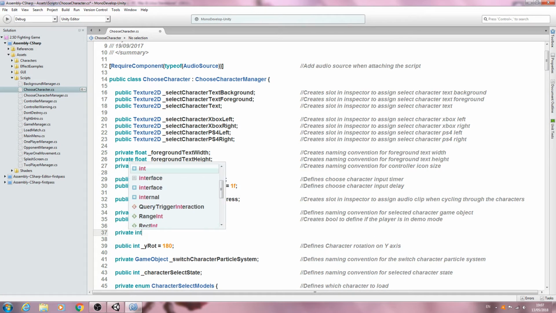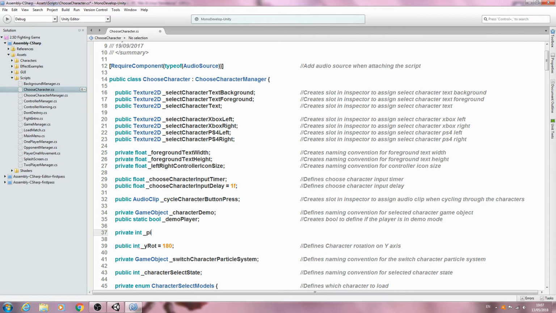This can be of type private int, underscore, and we're going to give it a naming convention of pick random character. Into the comments, so we'll say defines naming convention of our pick